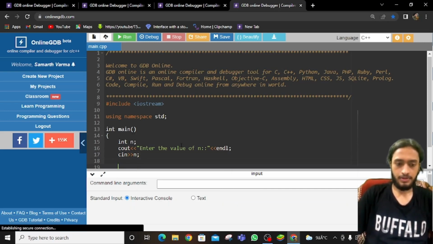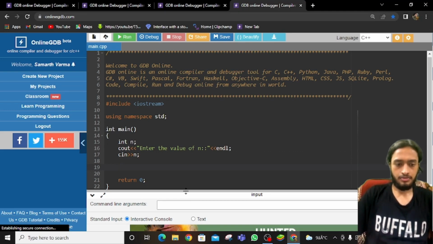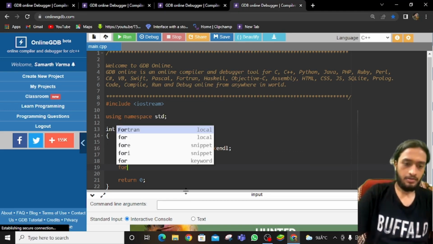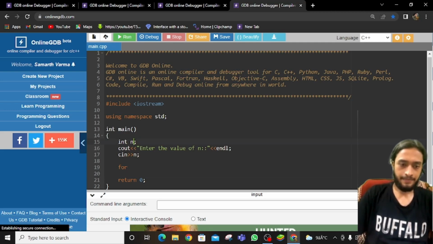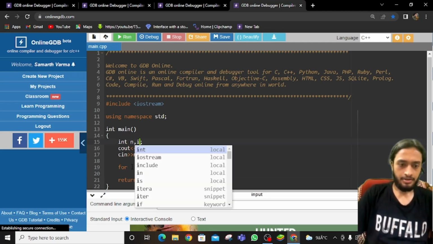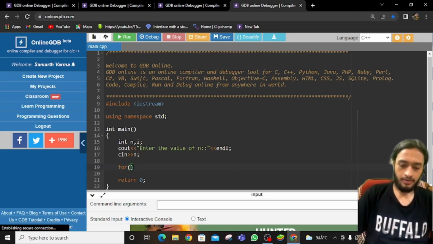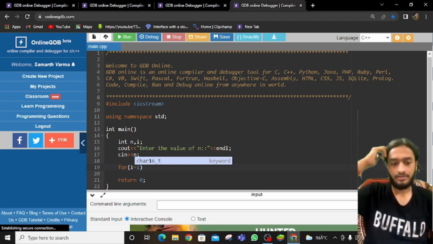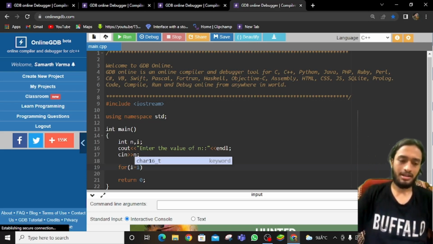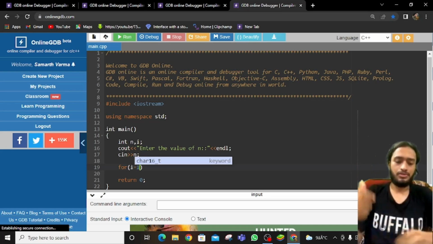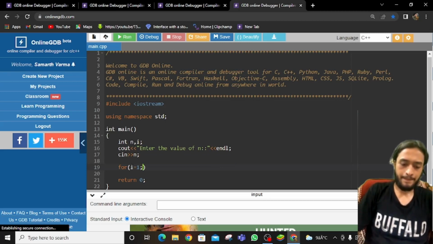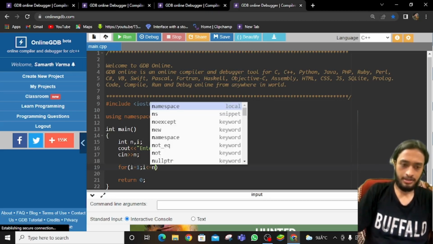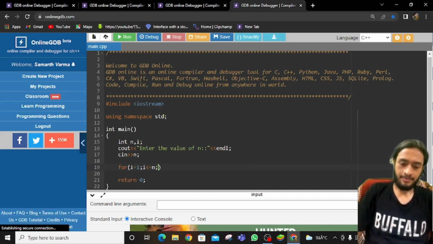Now what we will do is we will use a for loop to find our solution. So for loop, now we will use another variable, that is I, for our help. So in the for loop we will do for I equal to 1, as we are doing addition, so our loop will start from 1 till the number n. So n is obviously a natural number, that's why we have started with 1. If it possibly had the value of a whole number, we could have used I equal to 0. I equal to 1 comma I should be less than equal to n तक हम लूप चलाएंगे